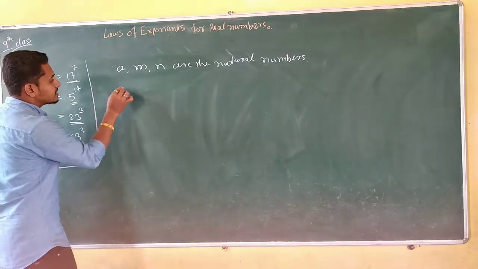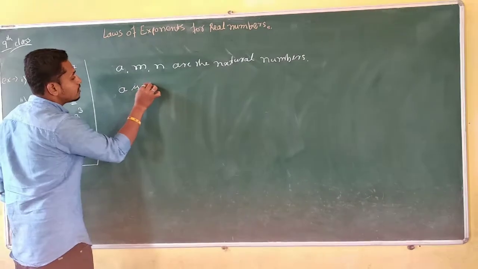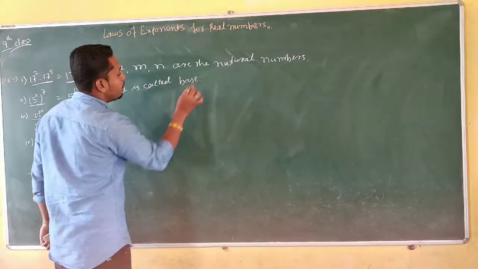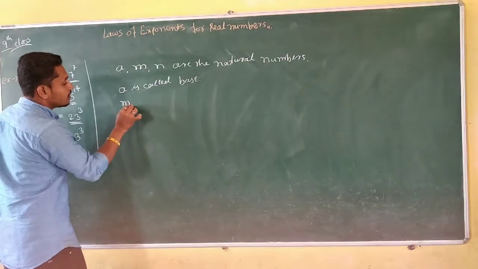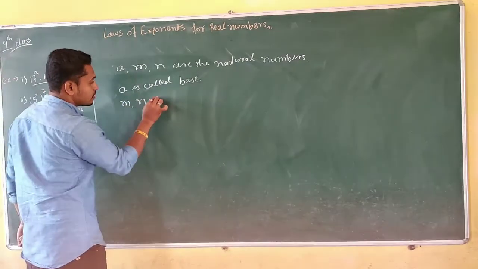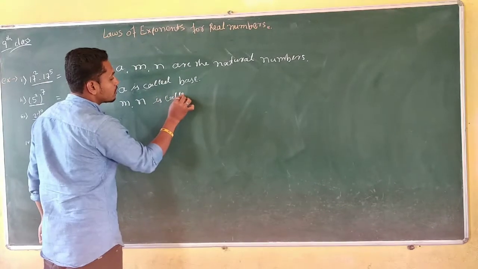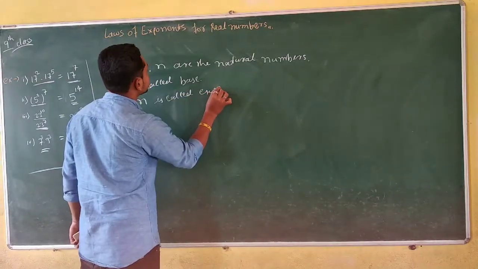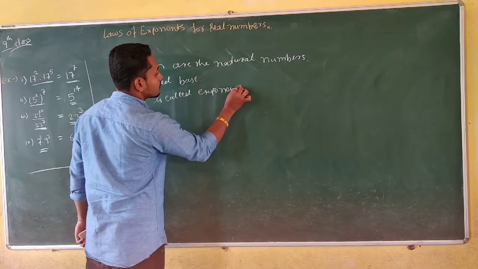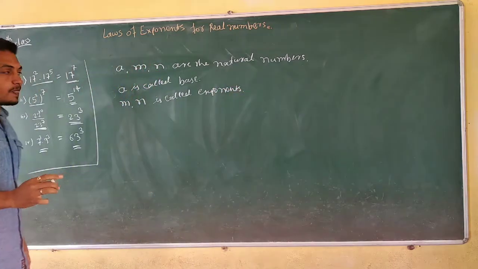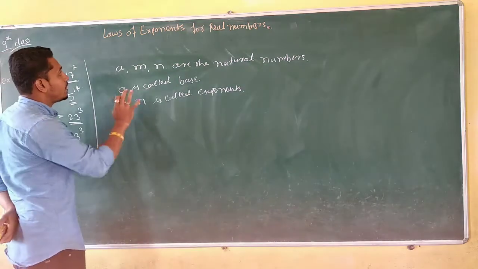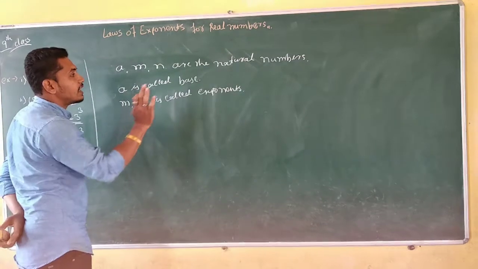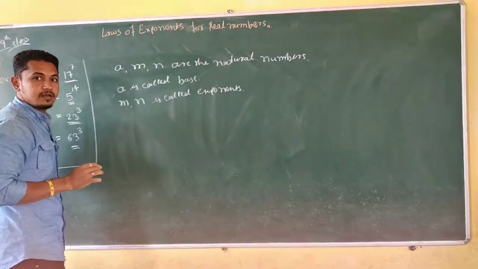We can say a is called the base, and m and n you can call exponents. So by using the laws of exponents, with a, m, n considered as natural numbers,